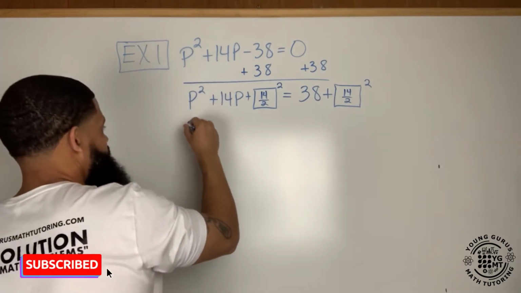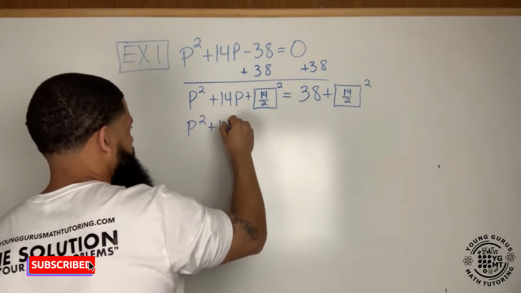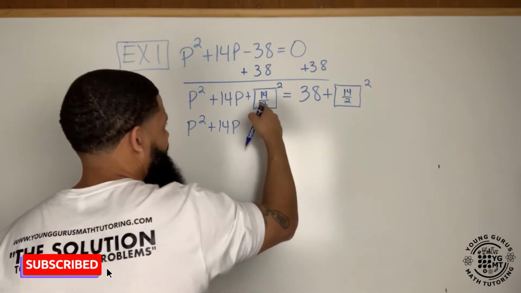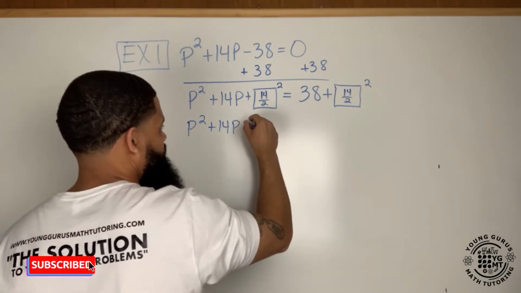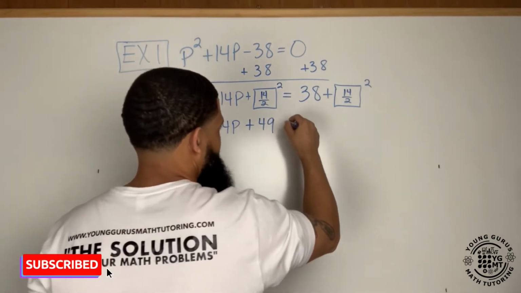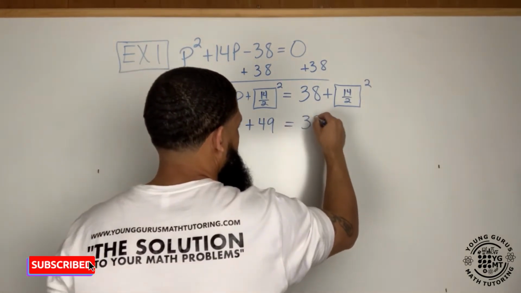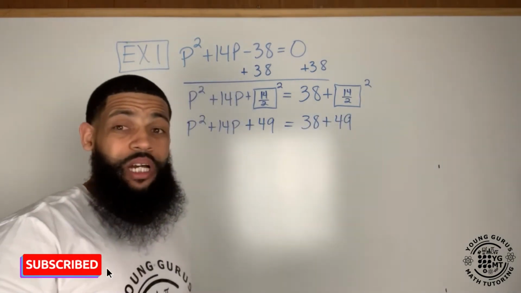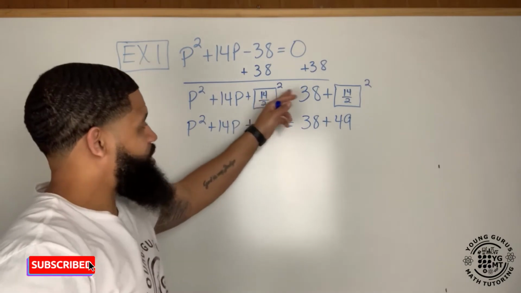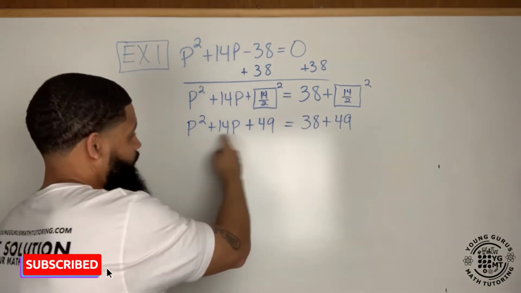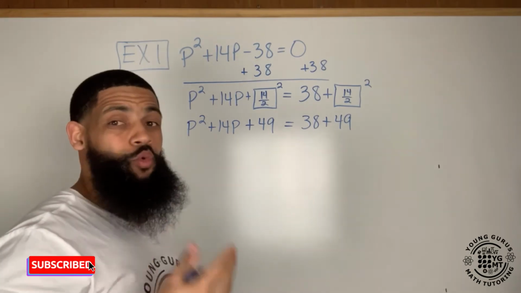Well, I'm going to simply rewrite that. 14 divided by 2 is 7, okay? And then 7 squared, so we have plus 49. And then that's equal to 38 plus 49. Now, just for a second, the reason I want to show you why this is in a box, because 14 divided by 2 is 7. And you're going to see right here when we factor in this next step where that's going to come into